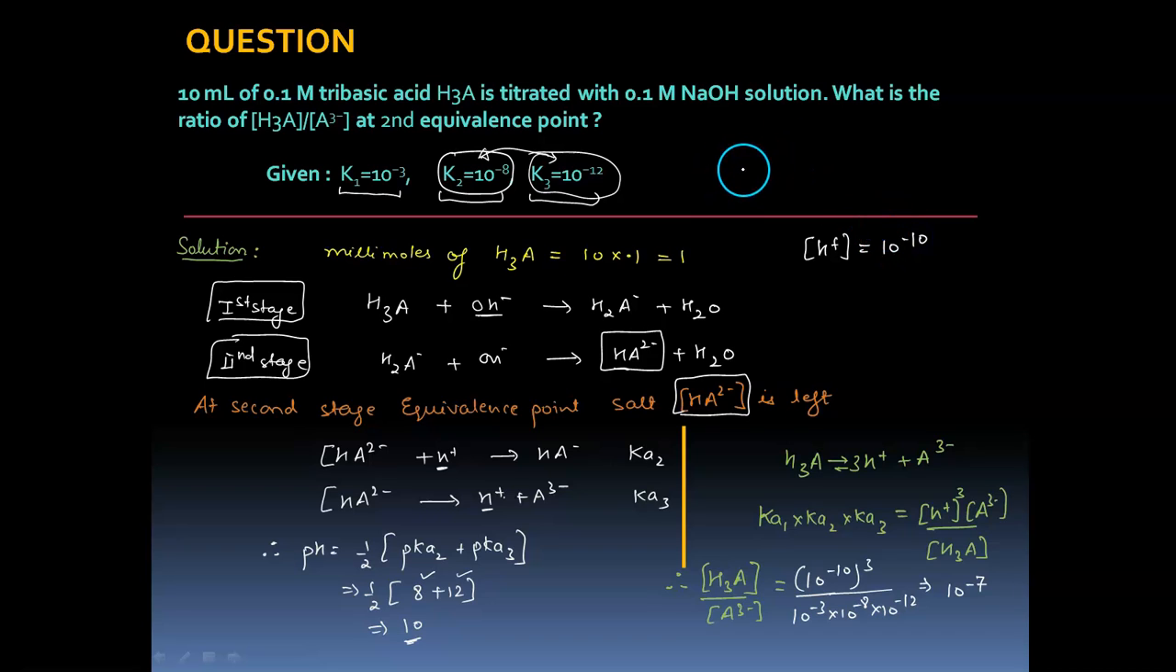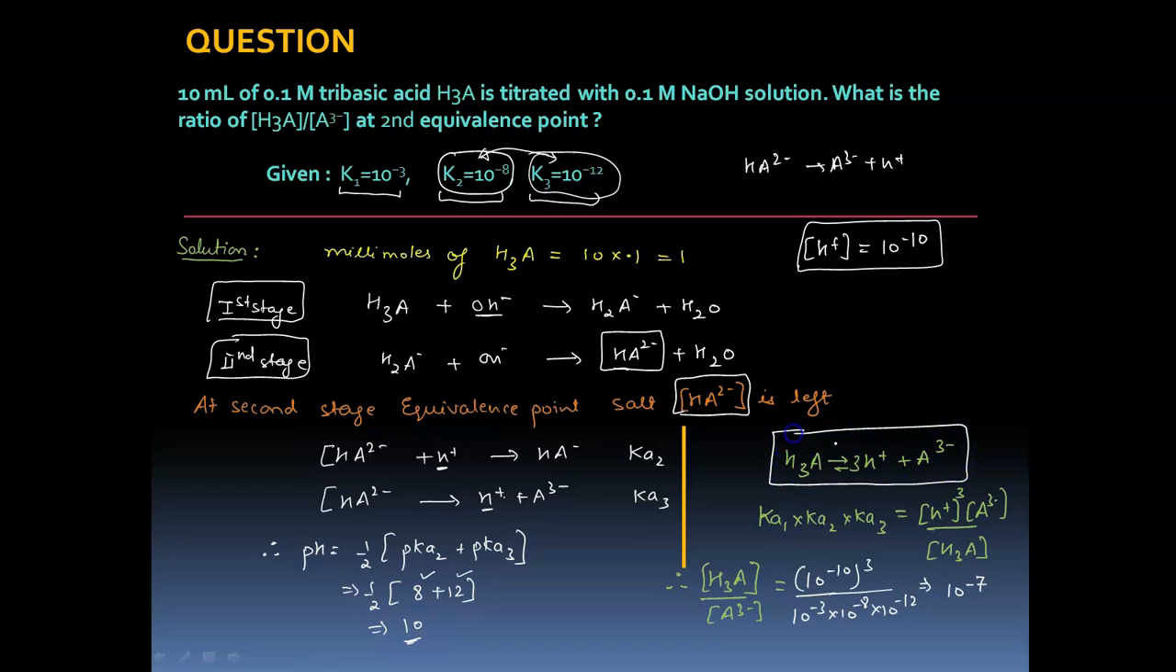Now remember the third stage, which is HA2 minus dissociating to give us A3 minus plus H plus. For that, the dissociation constant Ka3 is very small. So we can safely assume that in entirety the H plus concentration is of this order, 10 raised to power minus 10. Now since we have to analyze the ratio of H3A to A3 minus,